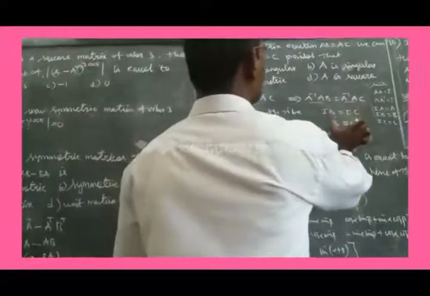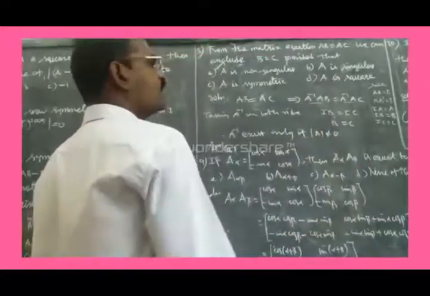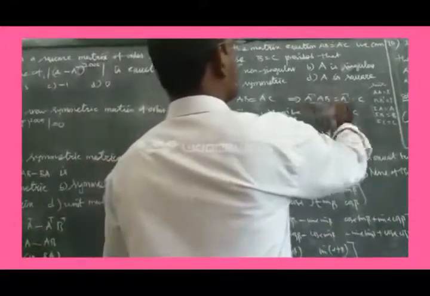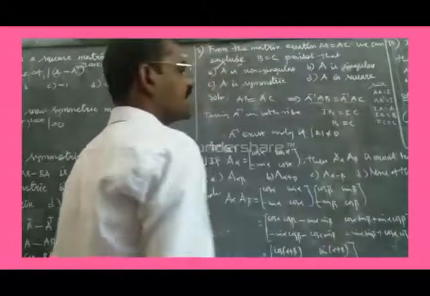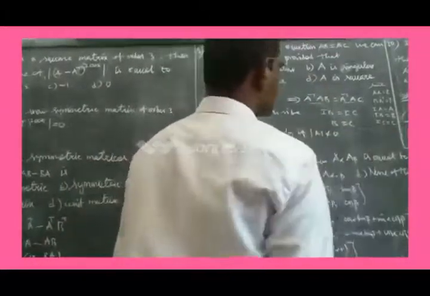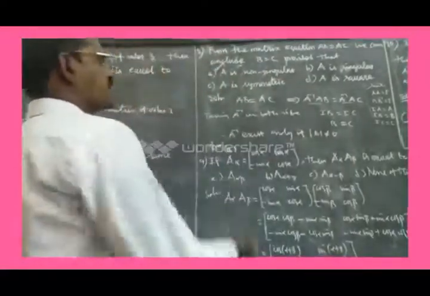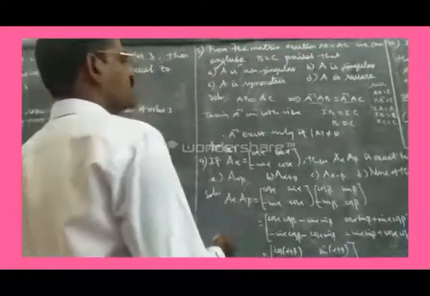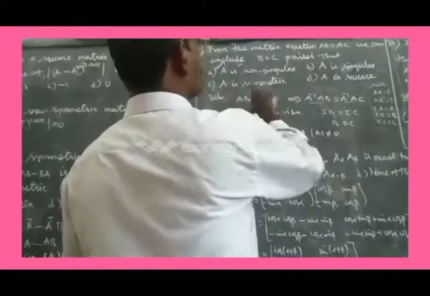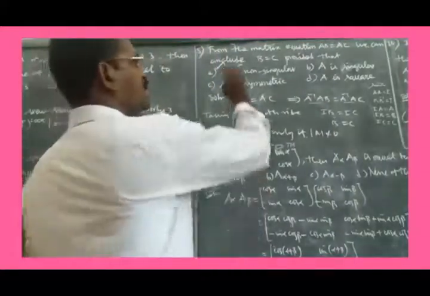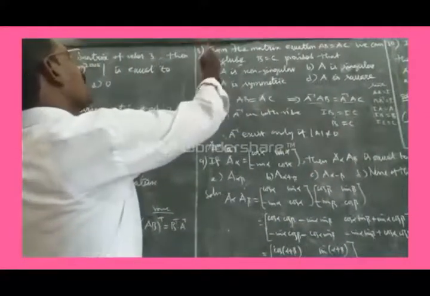So B equal to C எப்போ வரும்? இங்க பாத்தீங்கன்னா det of A not equal to 0 ன்னு வந்தாதான். ஆனா உங்களுக்கு என்ன ஆன்சர் வந்திருக்கு, இங்க A inverse மல்டிப்ளை பண்ணும்போது, A inverse on both sides. இங்க A inverse எடுக்கும்போது ரிசல்ட் B equal to C ன்னு வந்துட்டா என்ன மீனிங்னா A not equal to 0, det of A not equal to 0, then A is non-singular. So first option A is very correct. If AB equal to AC, we can conclude B equal to C, provided A is non-singular. Answer option A.